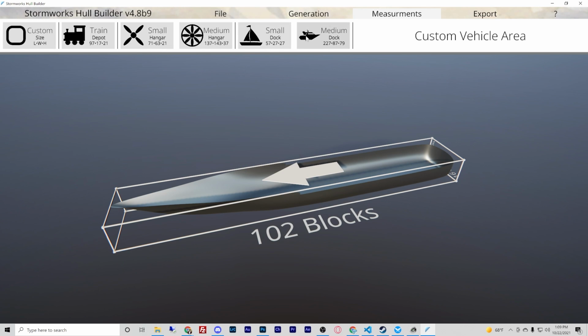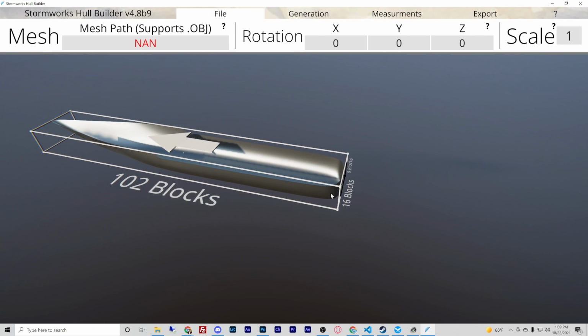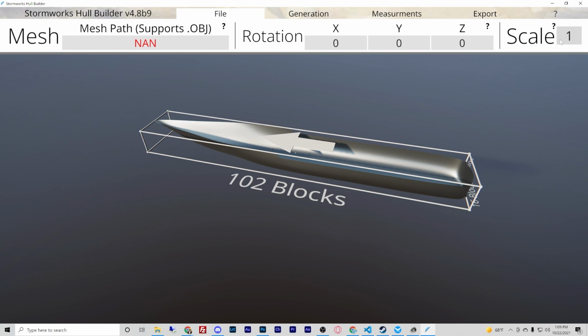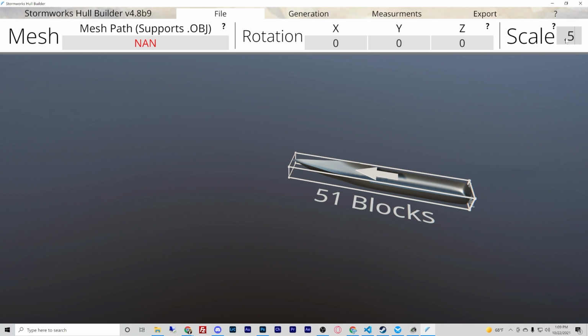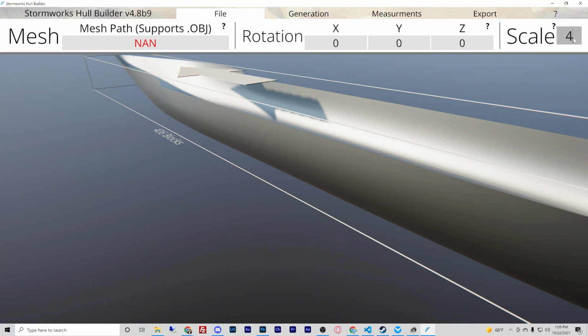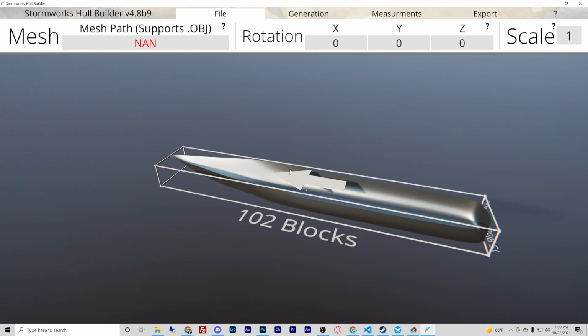So after you've chosen which size you're going to use, I'm going to use custom just because it's easier. We're going to go back to file and do our scale. So we're at 102 blocks by 16 blocks. Remember, in Stormworks, 4 blocks is 1 meter. But over here on the top right, we can scale this down, say to 0.5. We can scale it up to 4, which is huge, but we're going to take it back down to 1